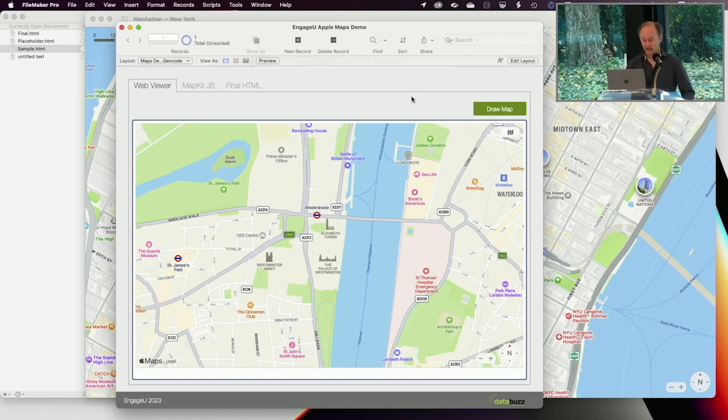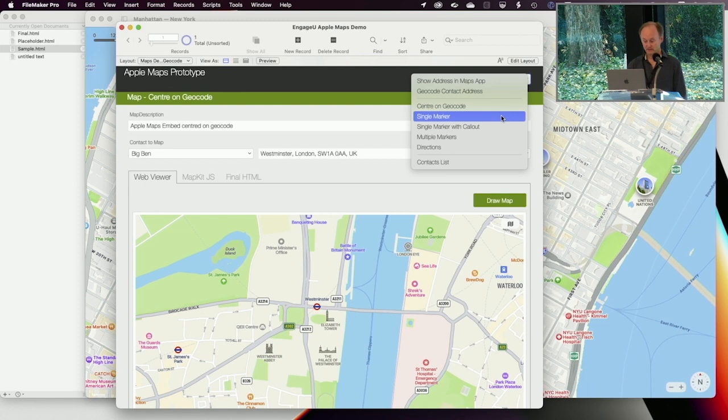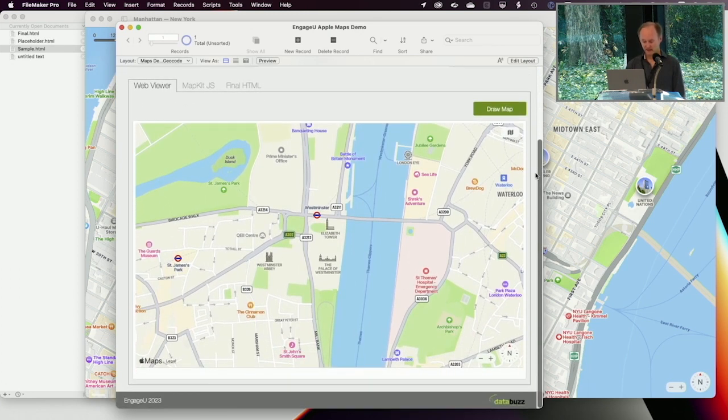Okay, so that's a pretty simple example. You can also do the center inversion. Oh no, that was that one. Sorry. So that example takes us to Big Ben, but I don't know where exactly. I'm assuming that's Big Ben because it's in the centre of the map. But wouldn't it be good to now get a marker to pinpoint exactly where